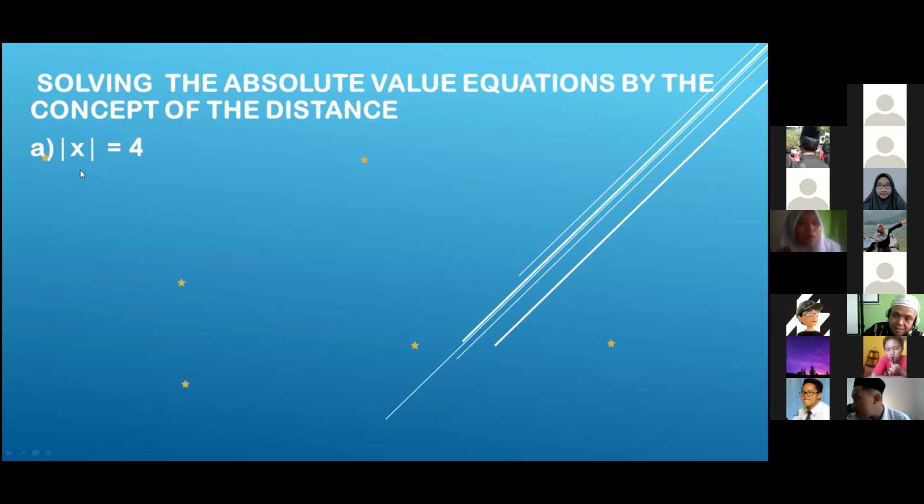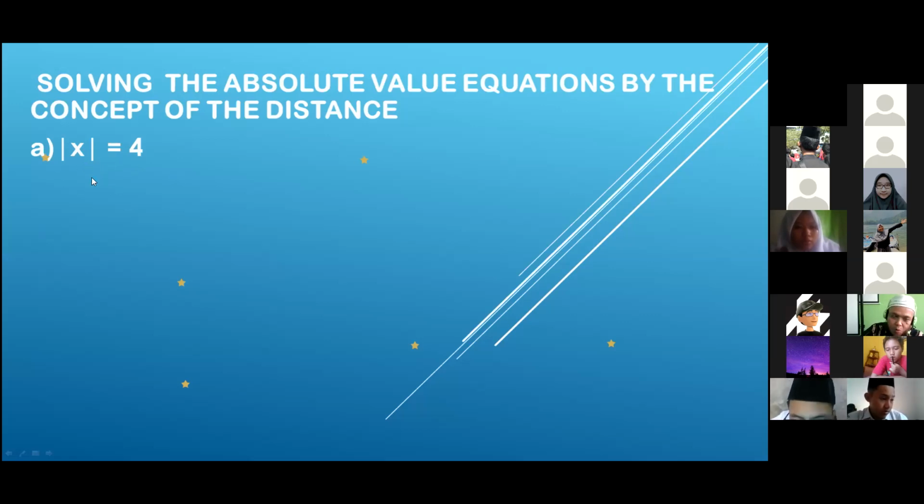It can be taught that the distance of x to 0 equals 4. So can you determine any real number a such that the absolute value of a equals